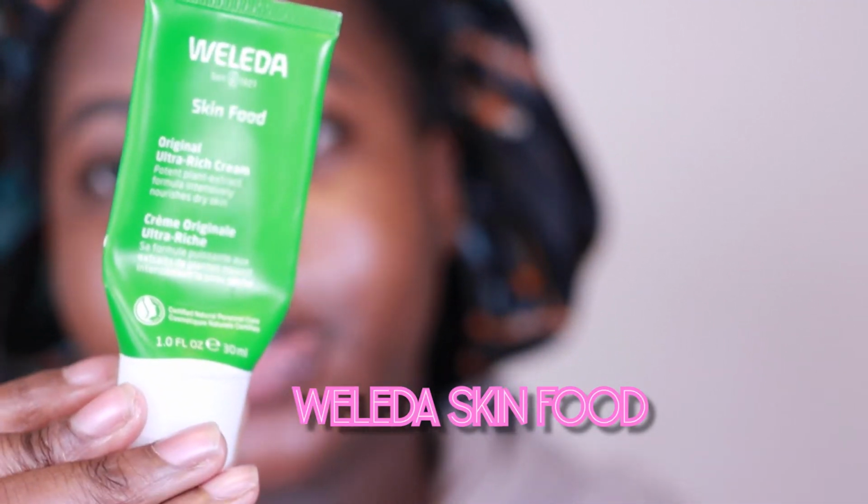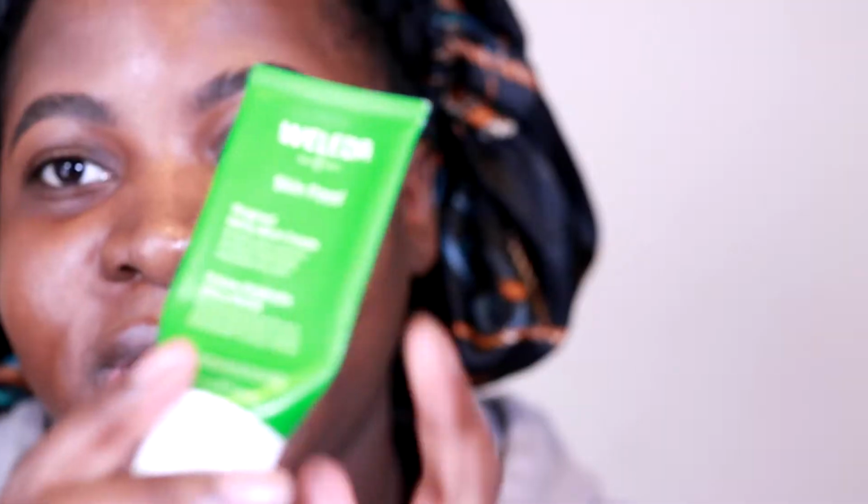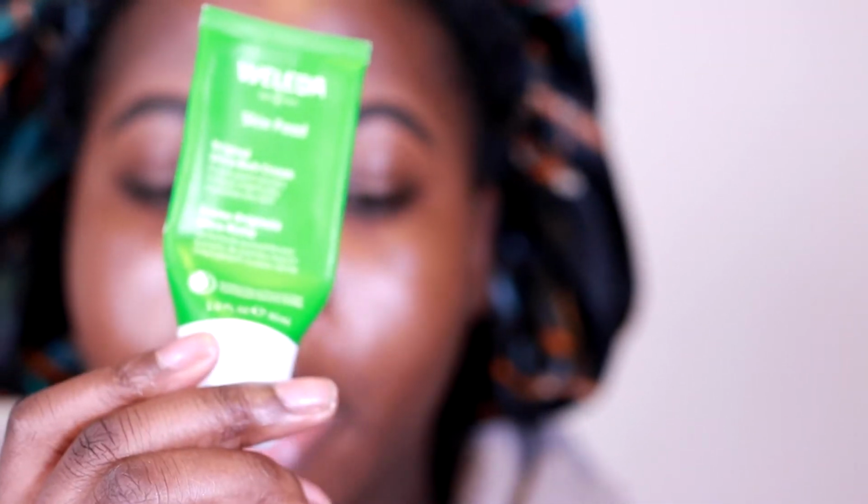Favorite moisturizer: one of my best friends, who's a makeup artist, put me onto this. This moisturizer is perfect for the winter, especially if you have oily to normal skin like I do. I already did my skincare routine, so I have my other moisturizer on. This is like my makeup moisturizer. What I like to do is go in with a little brush, take some of this moisturizer and put it on the back of my hand. Then I'll sweep it directly underneath my eyes, and you want to make sure you look up at the ceiling as you're doing this,